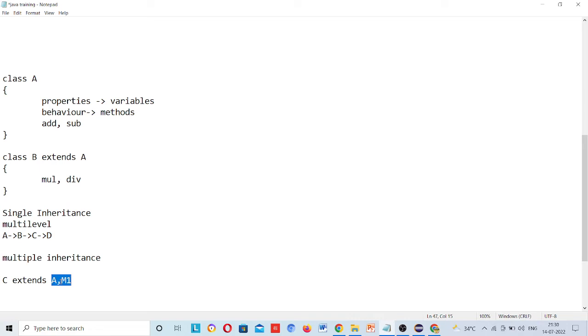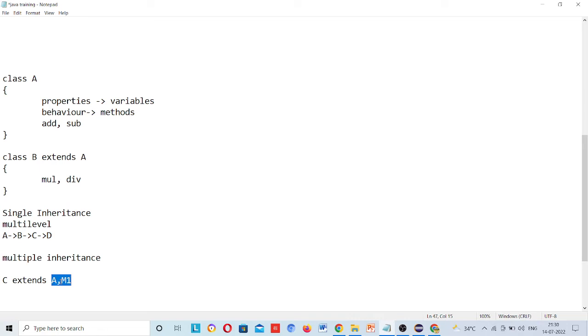Similarly in Java, a class cannot have multiple parents. But if you argue that this is possible through an interface,